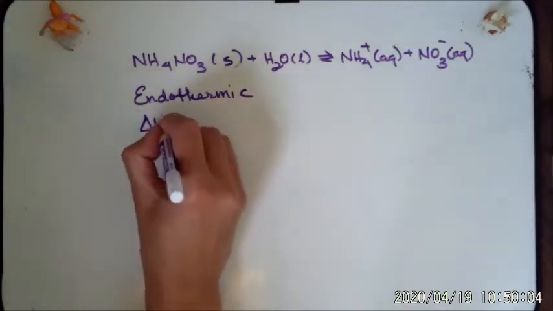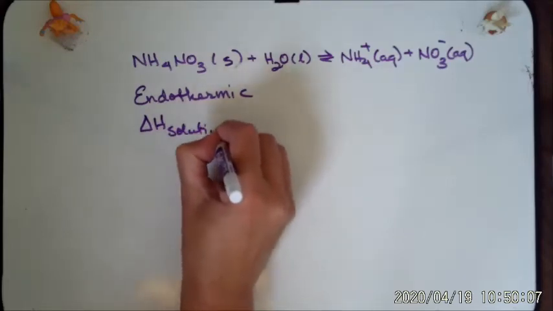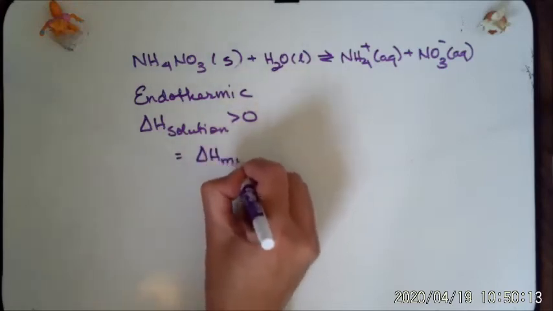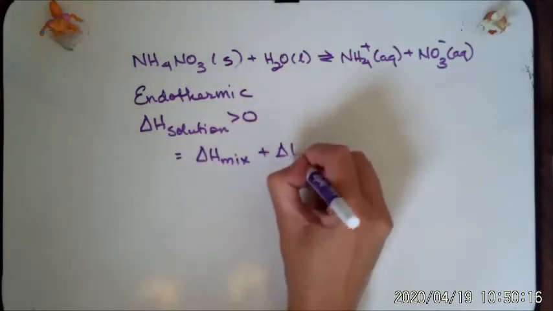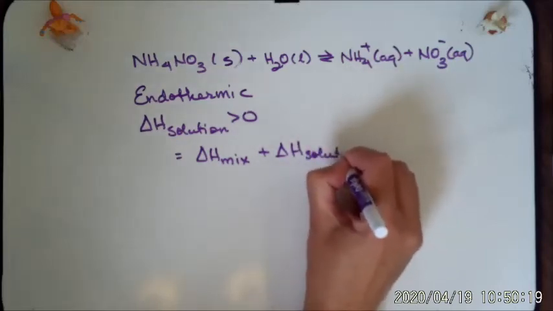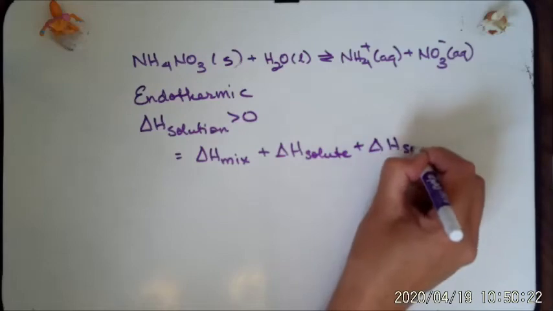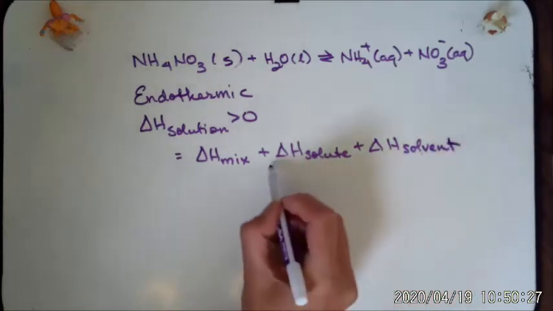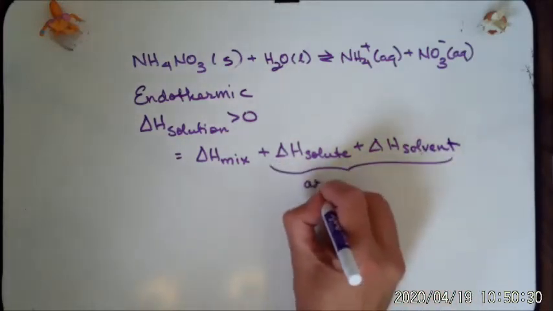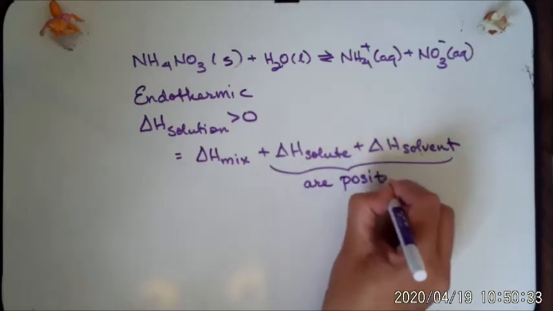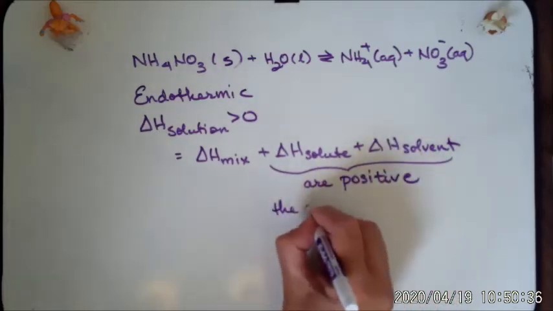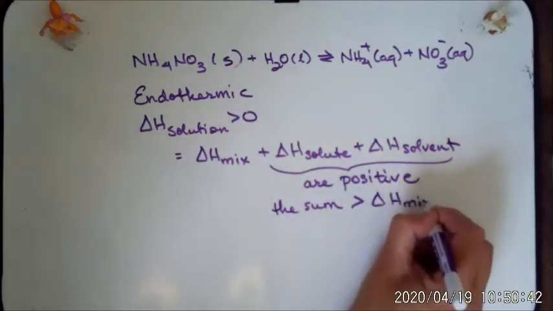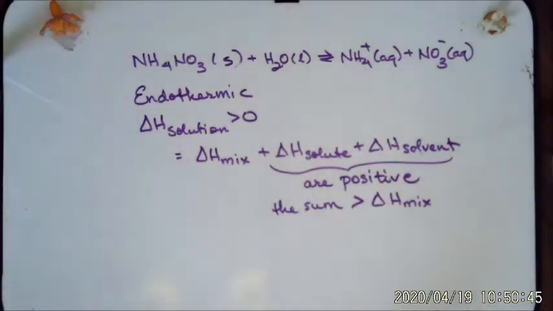So we know ΔH solution is positive. So if we look at ΔH of mixing plus ΔH of solute plus ΔH of solvent, excuse me, these two are positive, and the sum is greater than ΔH mixing. And that's why this is an endothermic